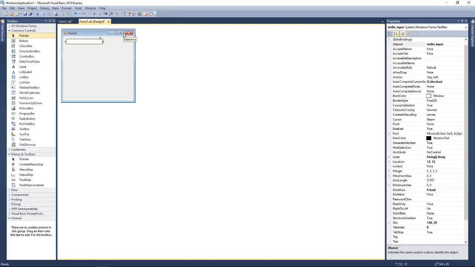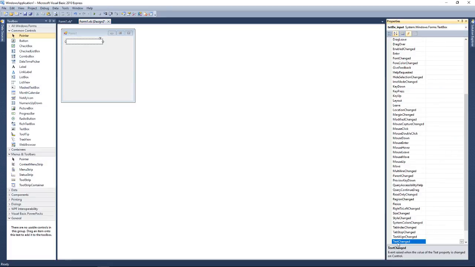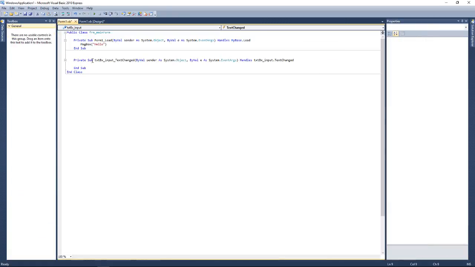So what I'm going to do now is, if I click on the text box here, and I click on the events, you'll notice that TextChanged is the default event. So if I double click it, and as I start to enter text, so as text is changed, it's going to display that to the form. So what I want to say is Me, because the form is like the piece of paper, the blank piece of paper, it's the base element, so it is the root of everything. So I can refer to the form by saying Me. So Me.Text equals,